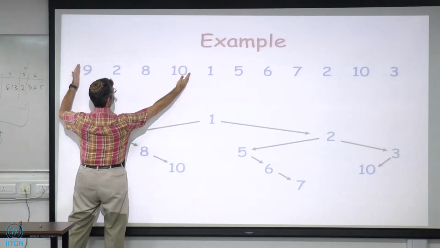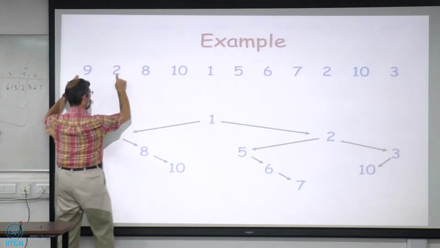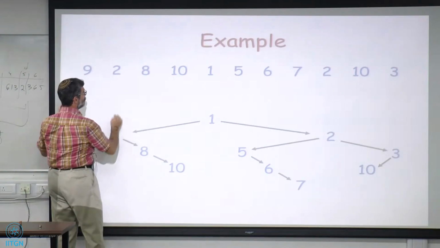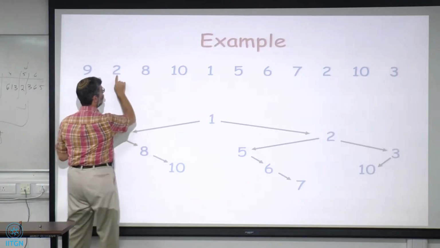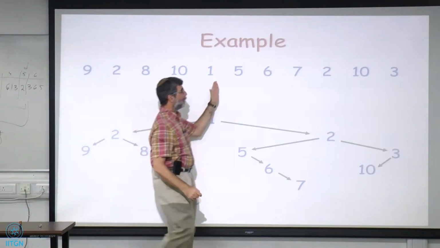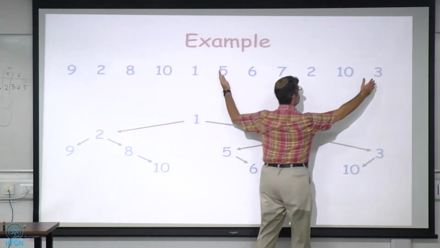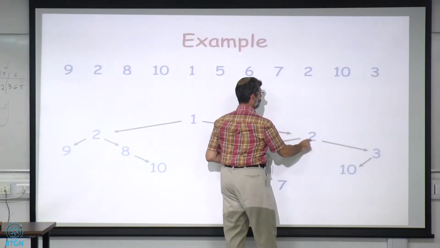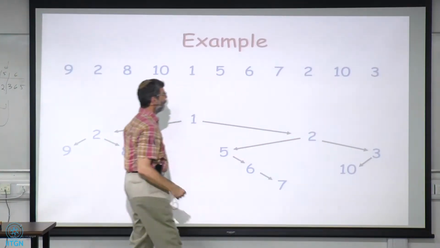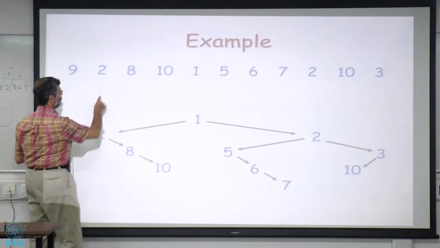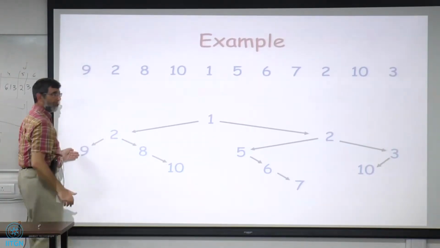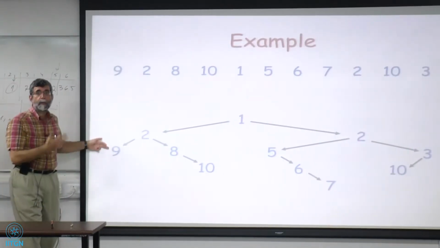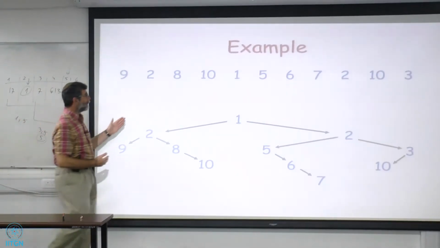Now, what's a Cartesian tree of 9, 2, 8, 10? Well, again, recursively, the root of that Cartesian tree is 2, because that's the smallest one. So that would be the son of 1. The root of the Cartesian tree of this side is also 2. So that's the root. But we're not done, because if that's the root of the Cartesian tree here, to its left is 9, but that's where the recursion ends because there's no more. To its right is 8,